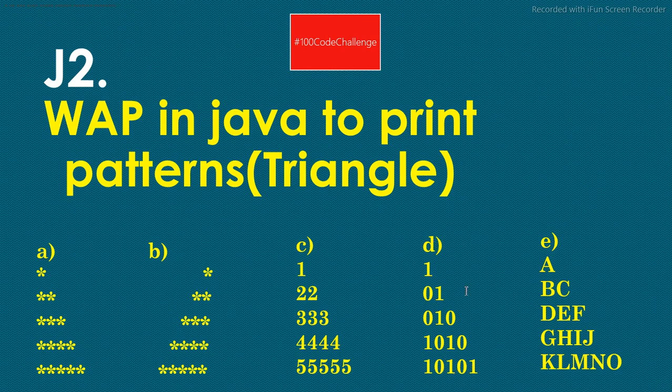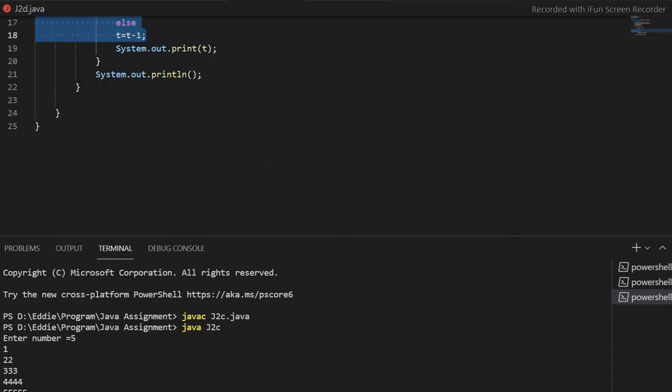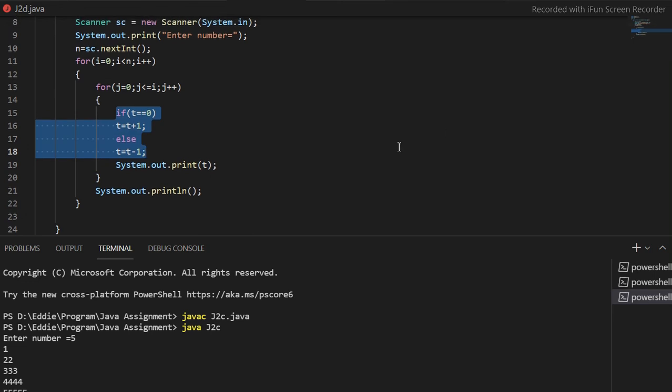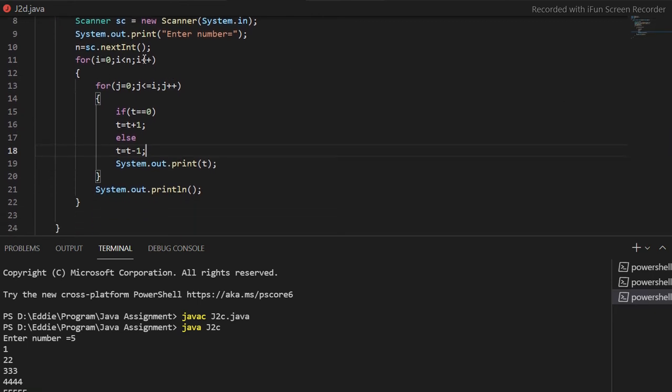In this pattern you have to make an output like this. I have already written the code for this program. What is happening is that the pattern starts with 1, so I have to allocate 0 first, and then under the same iterations of the for loop that we wrote for the previous program, we just have to set a condition.